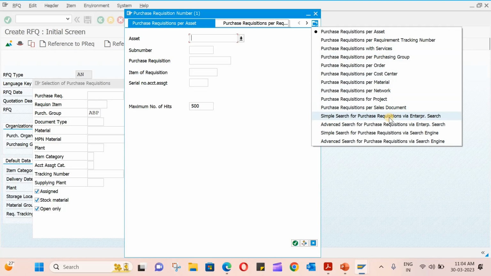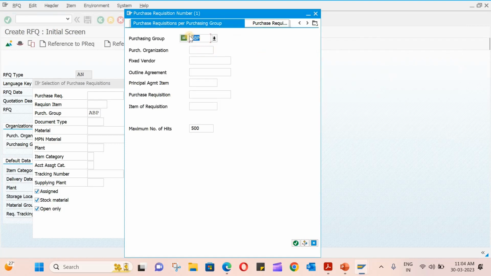Okay, so this is how we can create, for example, a purchase requisition per material, or you can say purchase requisition per purchase group. If you click on this, see our purchase group is ABP, which we have created for our organization structure,